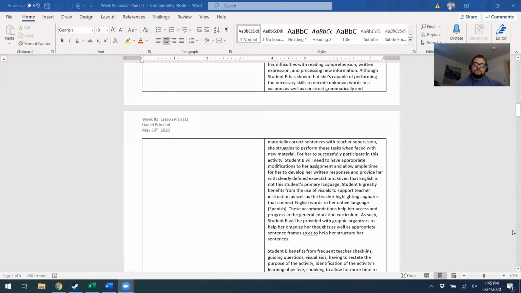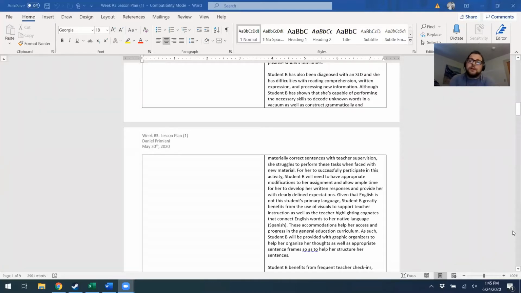Now, student B had been diagnosed with a specific learning disability, and she had difficulties with reading comprehension, written expression, and processing new information. Although she had shown that she's capable of performing the necessary skills to decode unknown words in a vacuum, when those words were presented to her simply as a word on the page, she'd be able to sound it out, as well as construct grammatically and materially correct sentences with teacher supervision. She struggled to perform those tasks when faced with new material or without that direct teacher